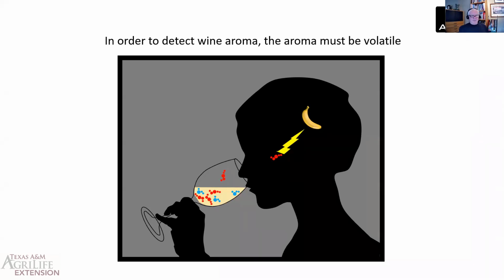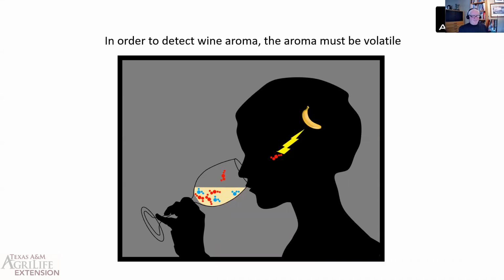But when the receptor is activated by the compound, an electrical signal is sent to the brain, and then you recall something that you smelled before that's reminiscent of that compound. In this case, it might be a banana, so it could be something like isoamyl acetate, for instance, that is the important compound for the banana smell. You'll notice that after she inhaled that aroma compound, another one left the wine and went up into the headspace, ready for the next sniff